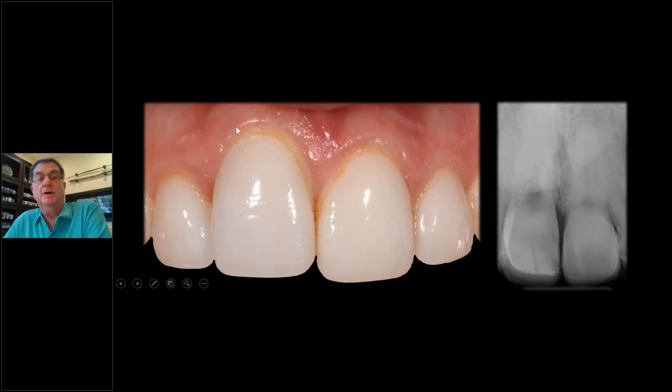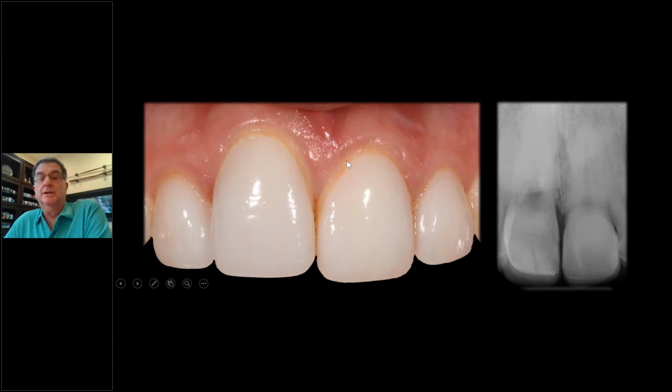Would you mind if the final case has the tissue 2 millimeters higher than this side? She says, not at all. I never bother with it. I don't look at it. I don't see it. And I put in writing that I had that discussion, because sometimes patients later on become very picky. So I said, okay, let's try it.